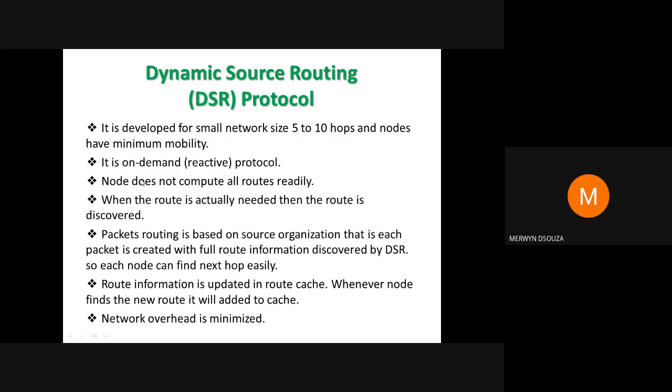Like I told you, this kind of algorithm does not compute all the routes at the beginning. You discover the route only when you need it. To remember this kind of algorithm, assume that you are not having a smartphone or Google Maps, and you're going to some place. Say you want to go to Bangalore by car. You don't know the route, but you know which is the next town along. Suppose you're leaving from Margao, you know which is the next town if you want to go to Bangalore. Say you go to Kankan.